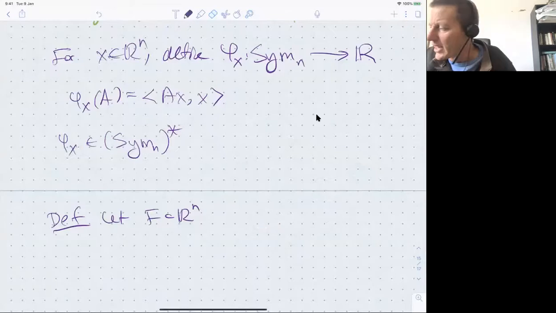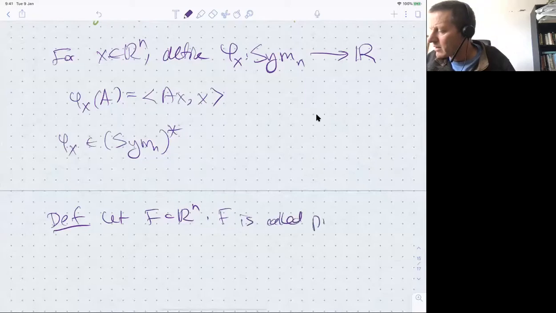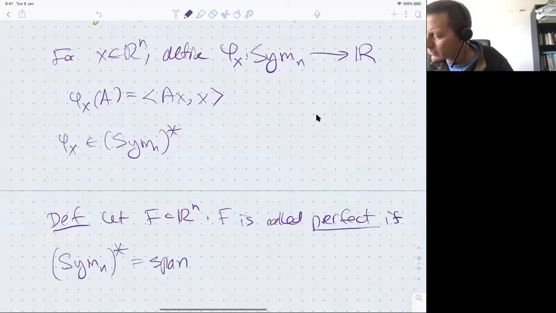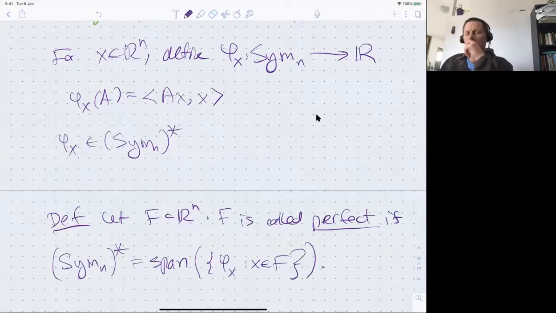And F is called perfect if these mappings span the dual, where the x's range over elements of F. Okay? So you have sufficiently many vectors in your collection so that these linear functionals